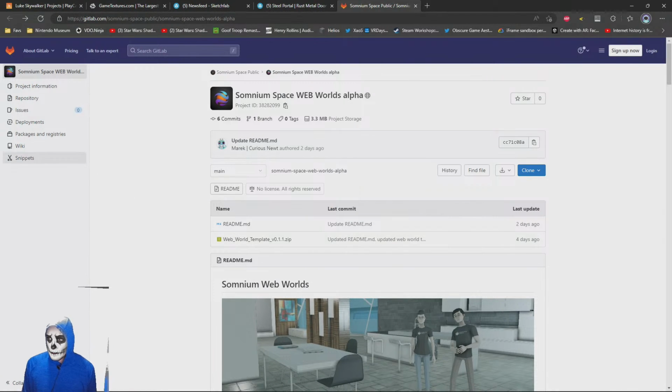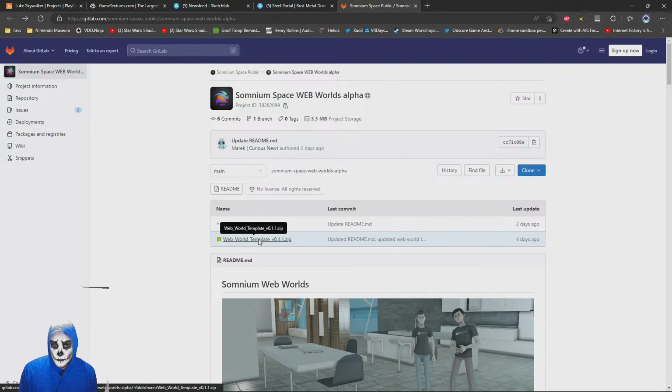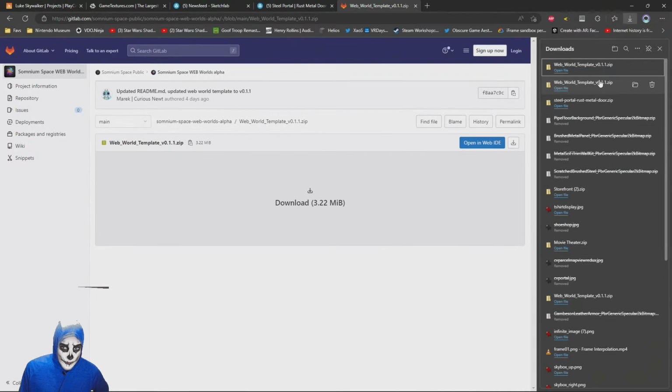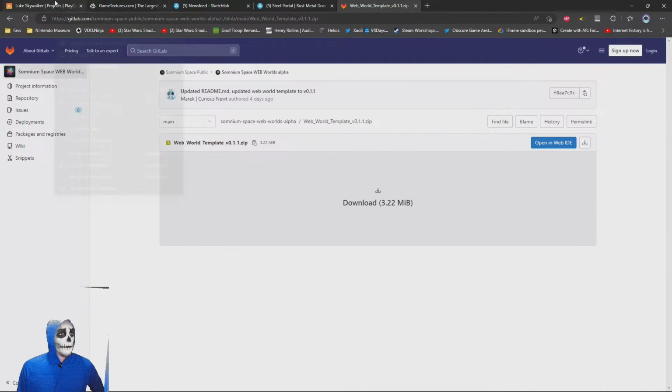And action. Hey everybody. This is how we're going to go through and create a new web world from scratch, and we're going to do it all on our first try here. So we're going to go to the Somnium Web Worlds GitLab here. We're going to download the Web Worlds template version 0.1.1. Now that we got that downloaded, we don't need to unzip it. We need to go to